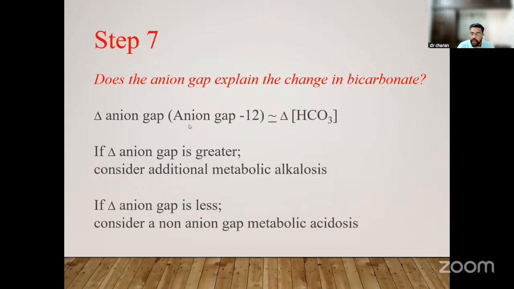So the change in anion gap, if it is 14, change is going to be 2. Bicarb, if it is 20, change is 24 minus 20, that is 4. So the anion gap changes 2, but bicarb changes 4. So if anion gap changes more than that of bicarb, there can be an additional metabolic alkalosis. If the anion gap changes less when compared to the change in bicarb, it can be a concomitant non-anion gap